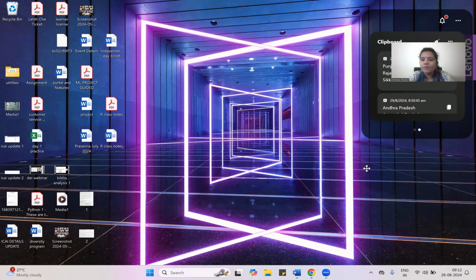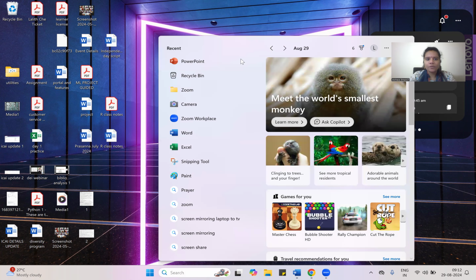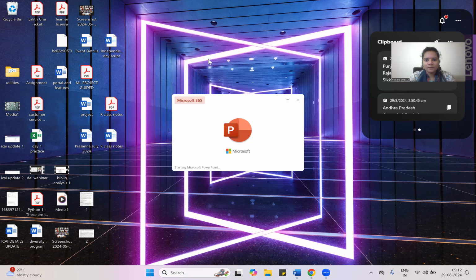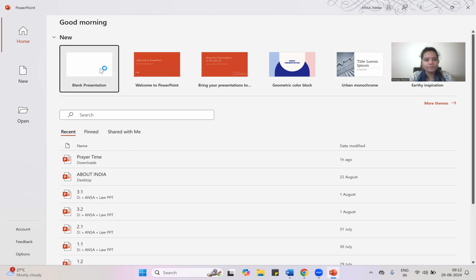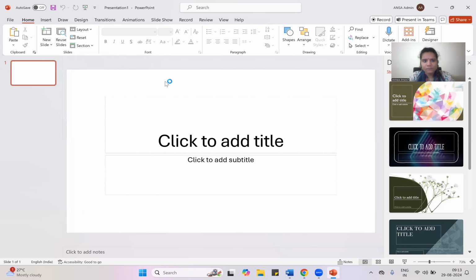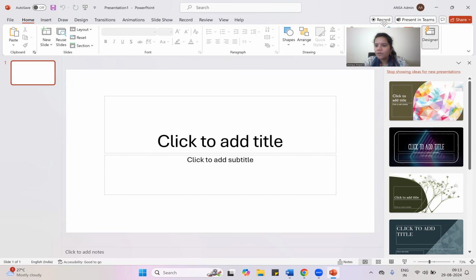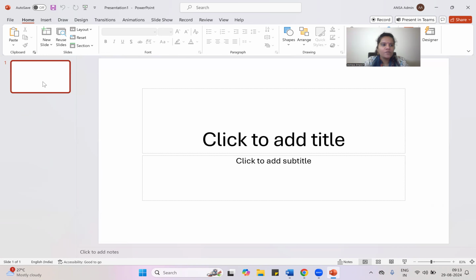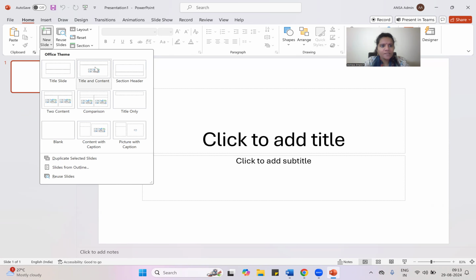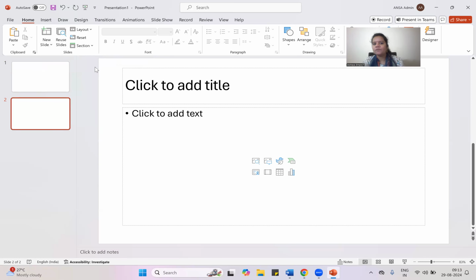So in this video, you will be learning how to insert audio and video inside the PowerPoint. So let me get into PowerPoint. Automatically, when you get into the PowerPoint, the first slide is going to be your cover slide, which we have already seen. So let me insert a new slide over here.